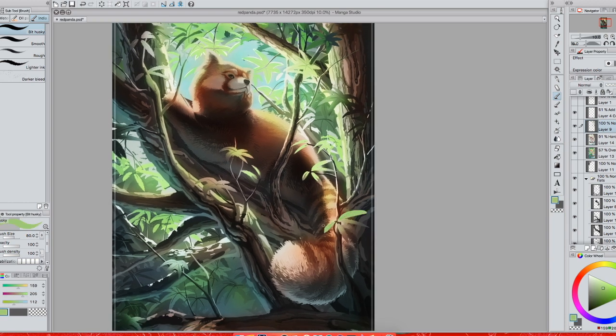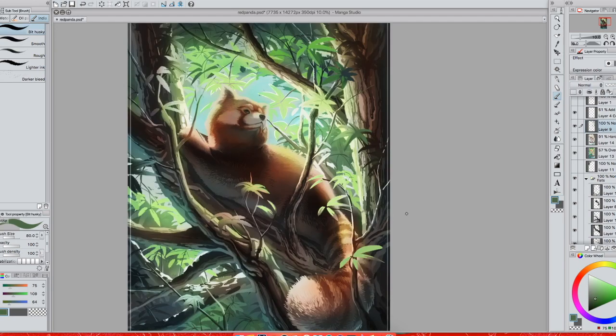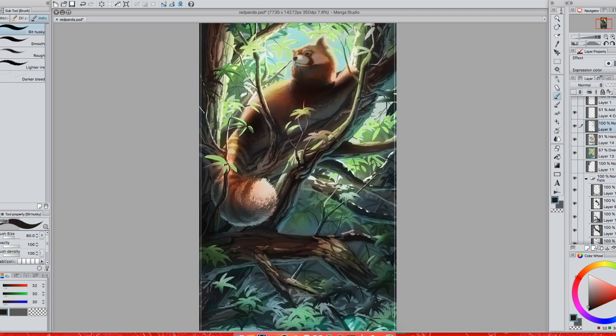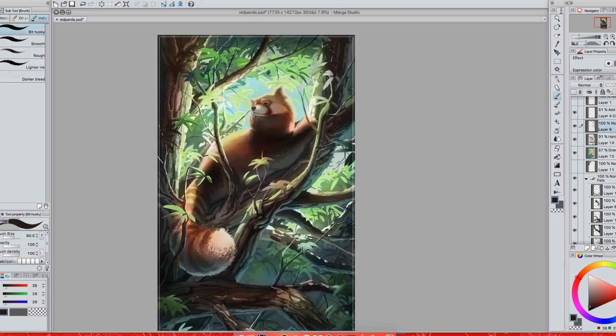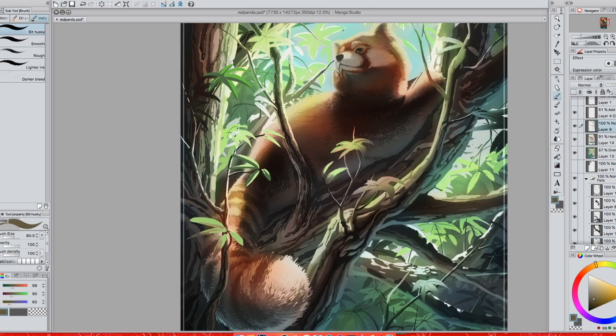But I think it depends what point you want to stop it at, what point you think it's done. There's nothing wrong with having a painting style that maybe doesn't render as much as mine does, or one that renders more than mine does. It just really depends on your preference, because it depends on what kind of look you want at the end,